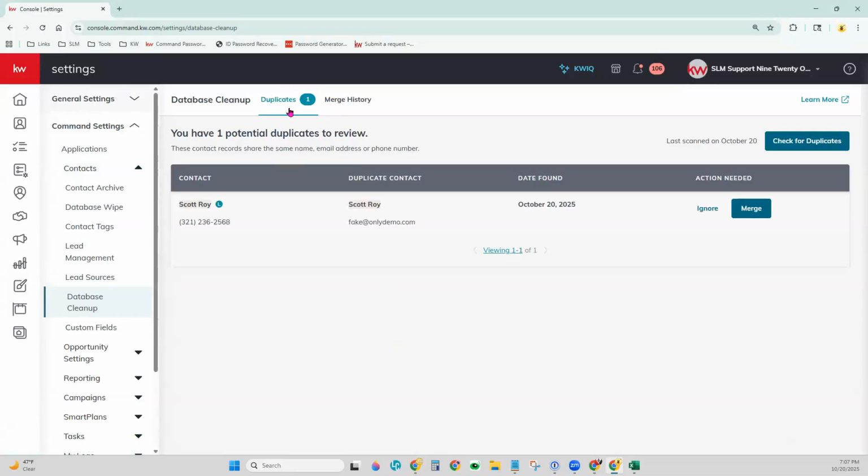So it will show you your duplicates right here. And now you do get to choose which contact you retain and which contact is actually going to be merged or absorbed into the other contact. You can go ahead and review these contacts right here. If you know right off the bat they're definitely not the same person, you can click Ignore and it will